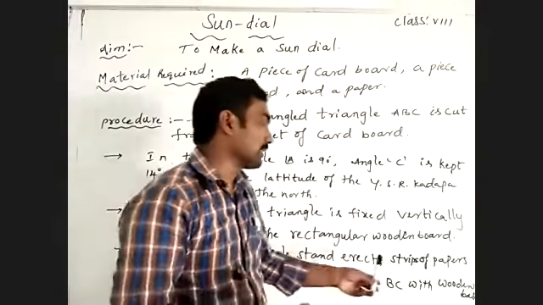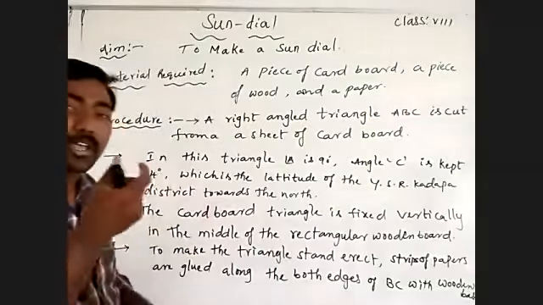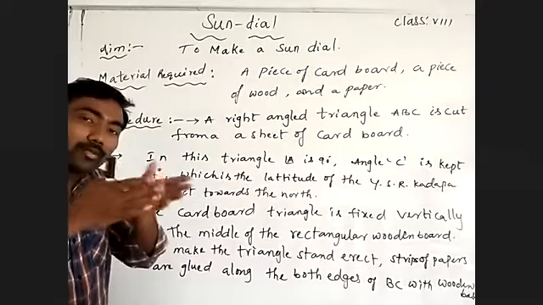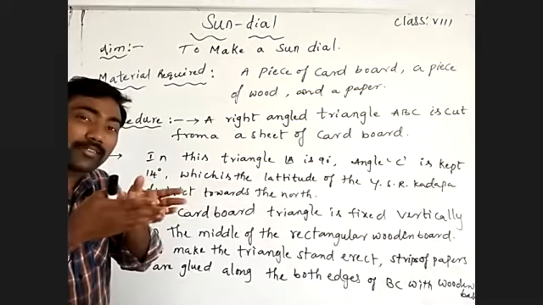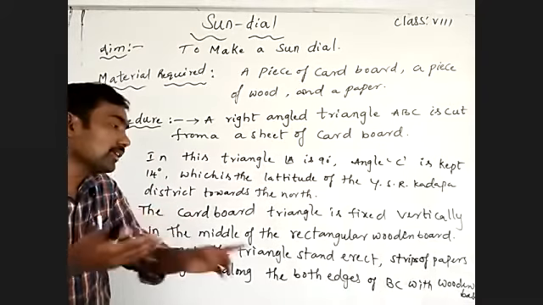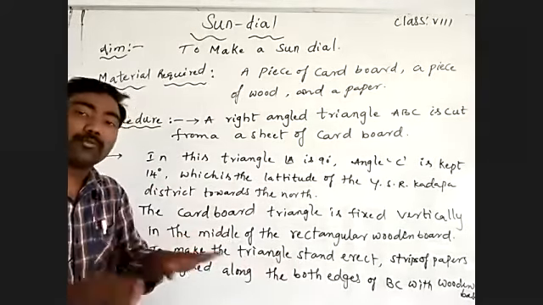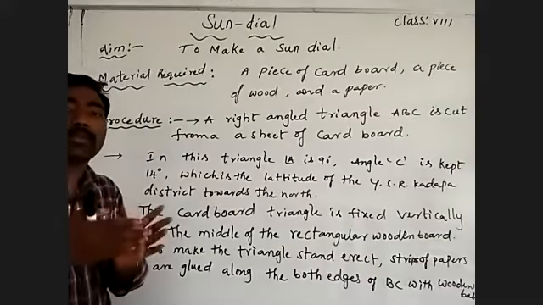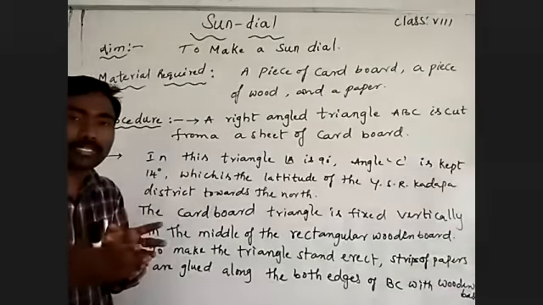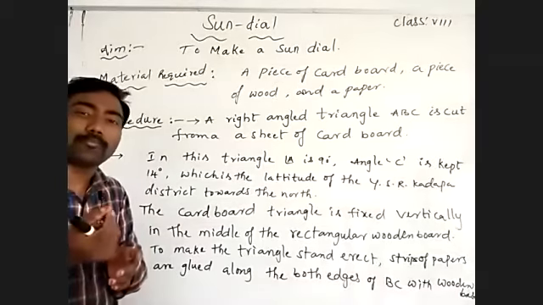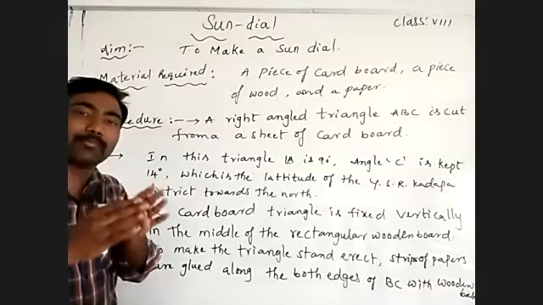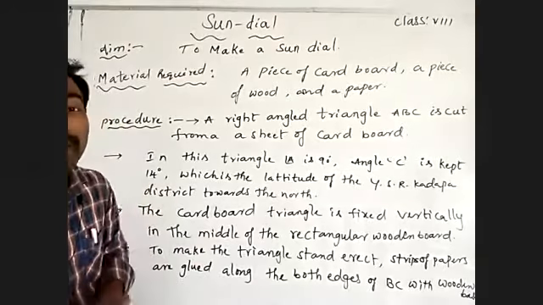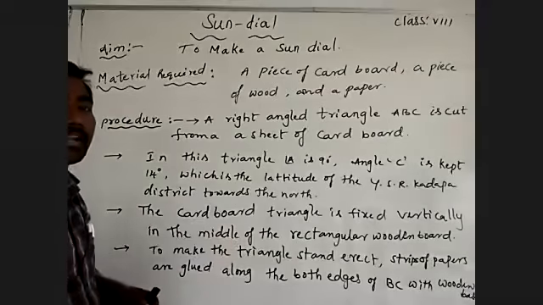How are we arranging it? By using strips of paper, small papers. We are sticking two edges of the base of the right angle triangle, the base BC, to the wooden base. To avoid it falling down, the paper we are making erect, meaning vertically. By using strips of paper, we are sticking it with the help of glue on the surface of the wooden base to the base of the right angle triangle.